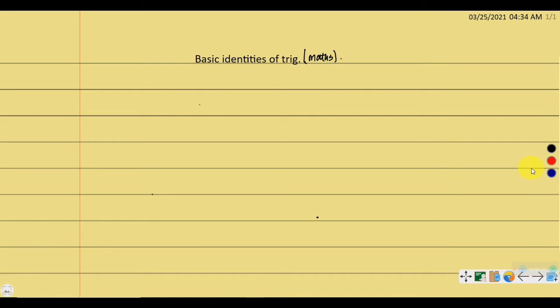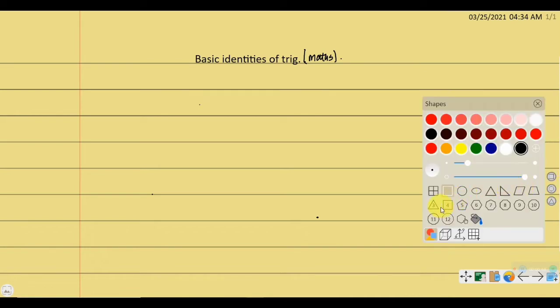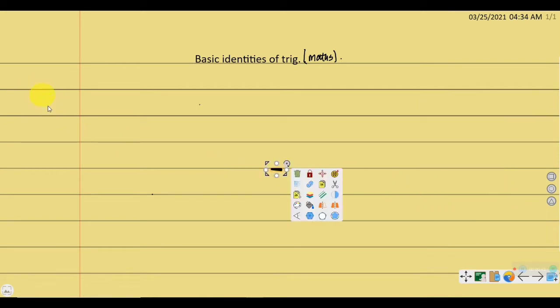So dear students, I would urge you as usual to hold on to your notebooks and your writing materials, and to understand the concept very well. So let us get started with the trigonometry topic. We can just start by